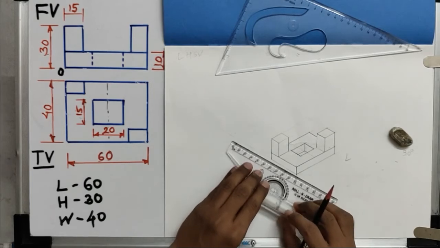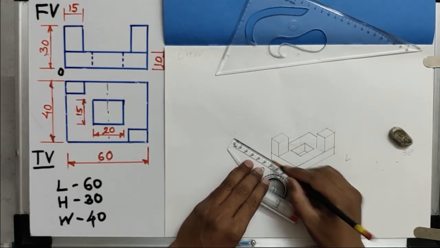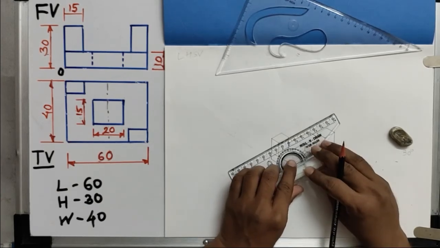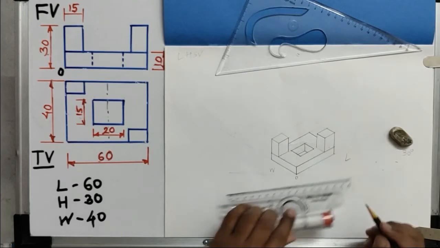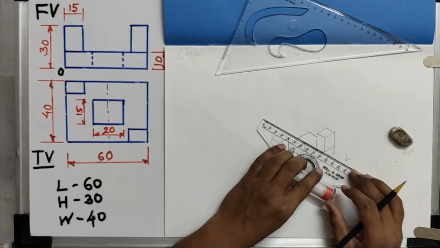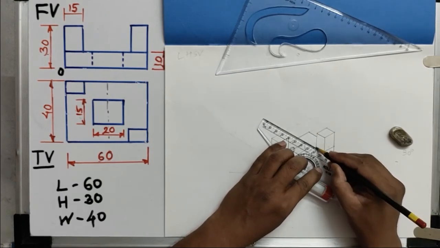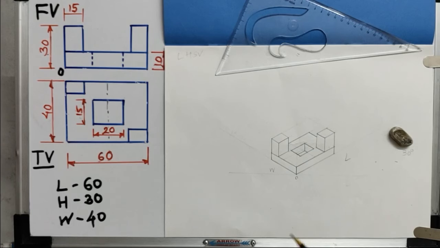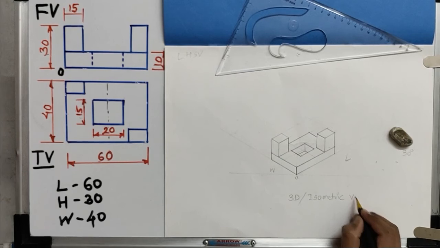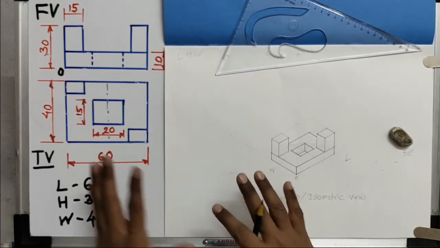Okay, make sure that while creating the 3D view we have to use only a single stroke line. I am repeating the lines here, but while drawing that diagram you always have to draw a single stroke line. Once you have drawn that line, never repeat on that. But for this explanation purpose I am repeating the line, so that you will be able to understand it properly. Okay, this is the complete 3D view, or you can mention it is an isometric view, not the isometric projection.